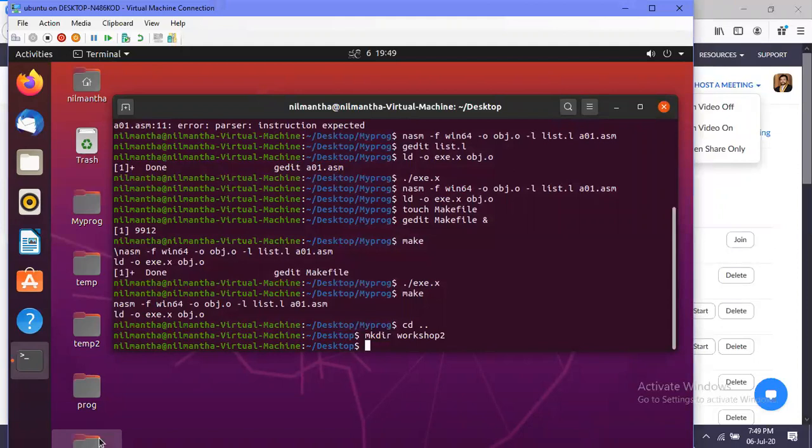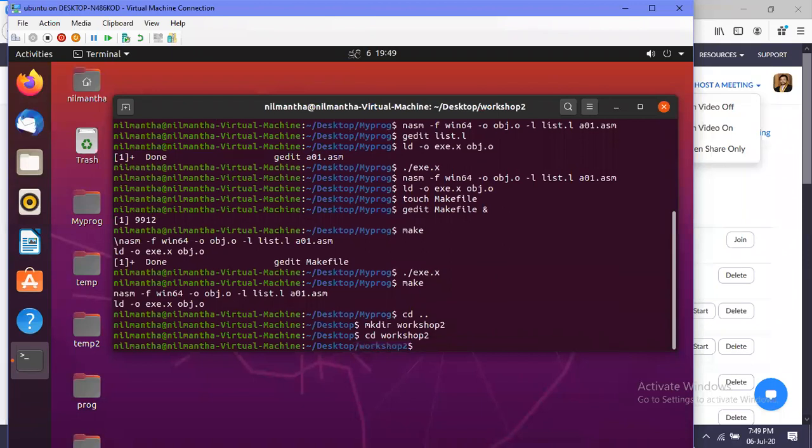Now you can see a new directory is created. I will change my directory to workshop 2. Now I'm inside that directory.